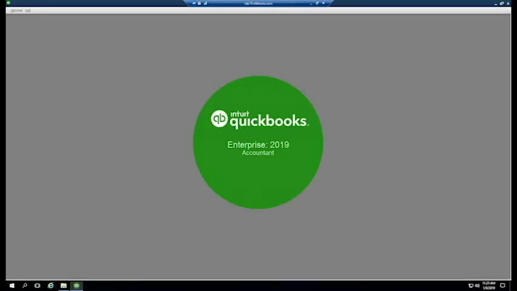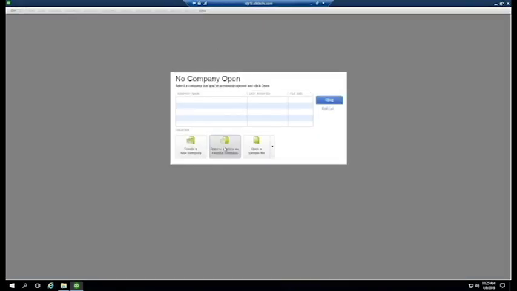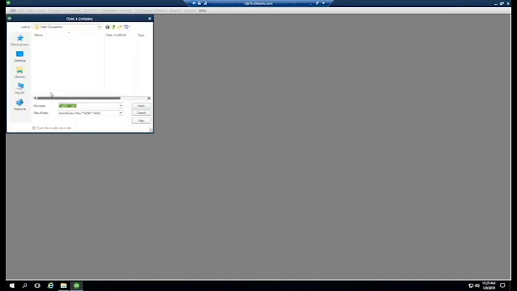So now I'm going to open QuickBooks on our server. And then you see the test company, and then it would open up, and your file would now live in that location on our environment.